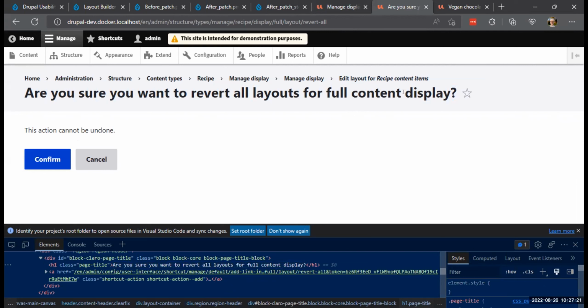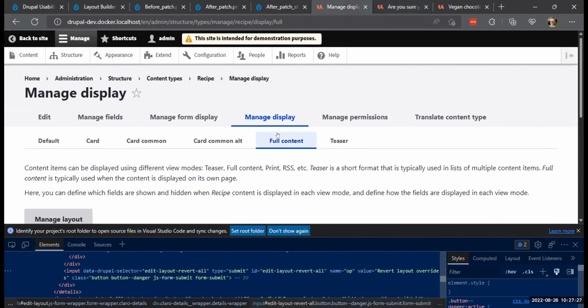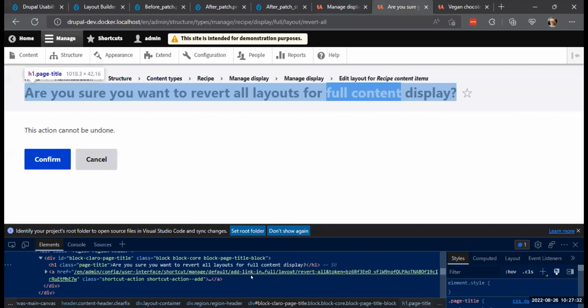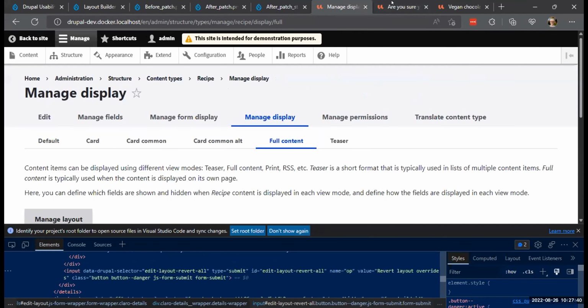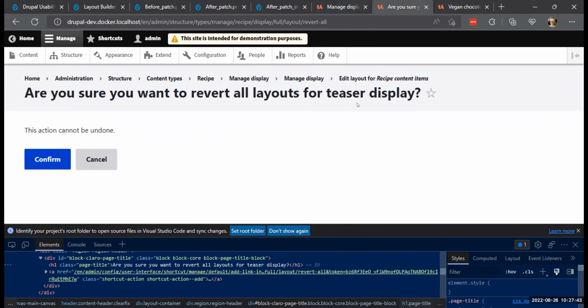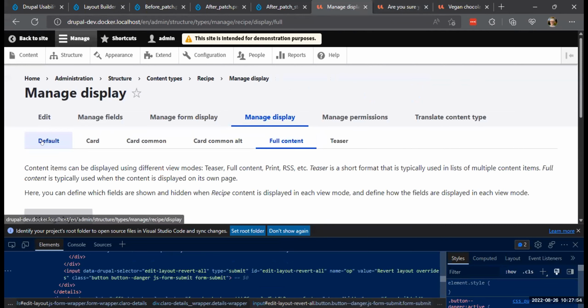And we probably still want to keep the word display, because full content over here is the name of the display mode. Just as an instance, if this was for teaser, it would just say for teaser display. Does that make sense? If it was, I wonder what default would be. Like card would be,